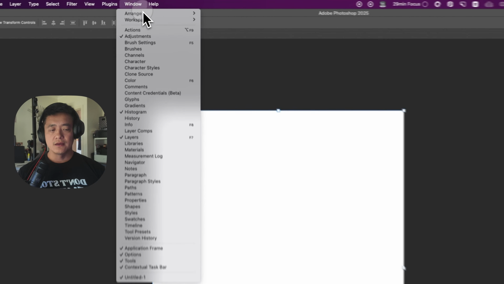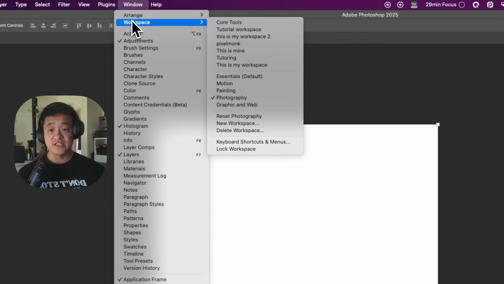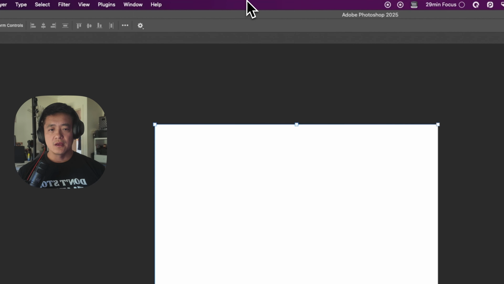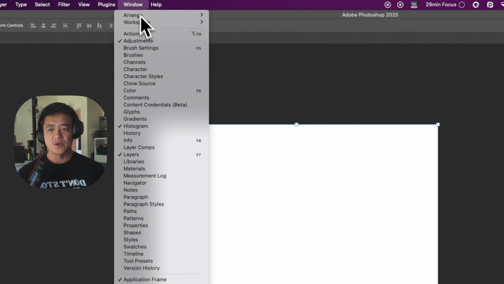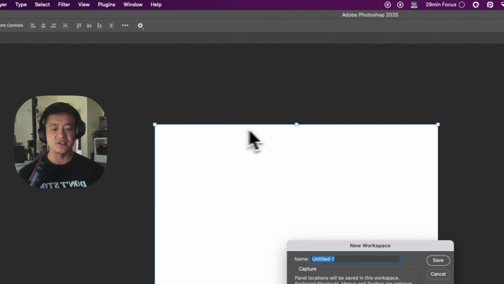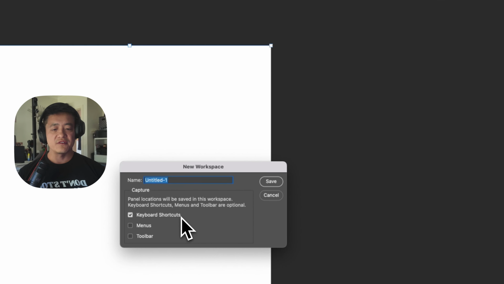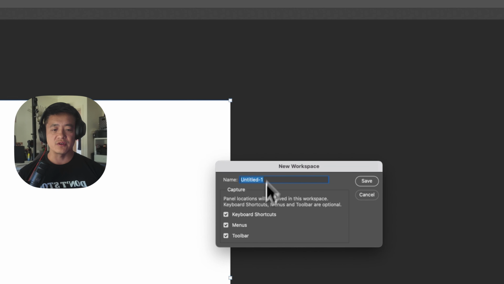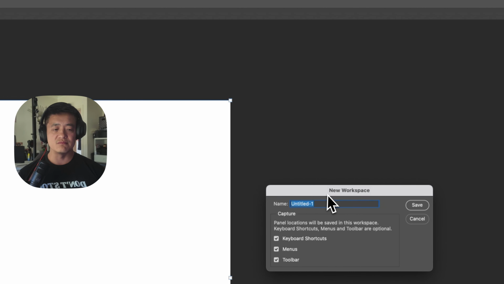So what I want to do is save this workspace. You go to Window, Workspace, and you see this one here, New Workspace, and you can name it as you want. If you did some other customizing, you can save that as well, but that's another tutorial. But I would say I'll probably save this as Pixel Monkey something at home setup, something like that, because you